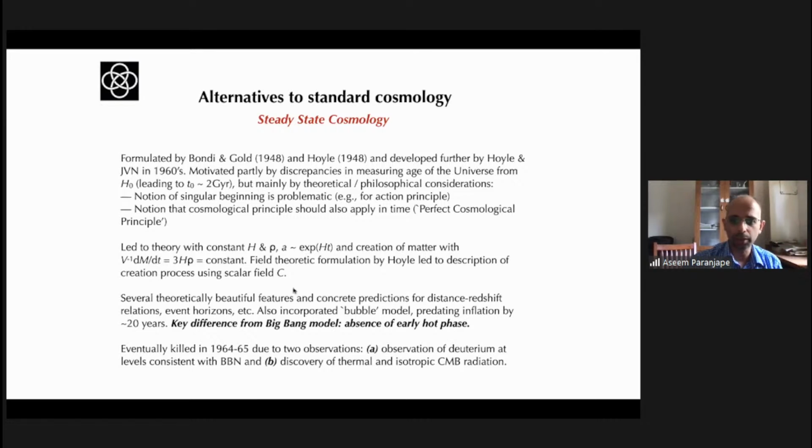It is a non-parametric model. There are predictions for what event horizons should look like, and so on and so forth. There was also something called the bubble model, which was extremely similar to what inflationary models look like later. But there was a key difference from the Big Bang model, which is that there was no early hot phase in the universe. And these were two parallel theories in place in the mid 1960s, when two key observational events occurred. The first one was that deuterium was observed in astrophysical observations at levels consistent with the predictions